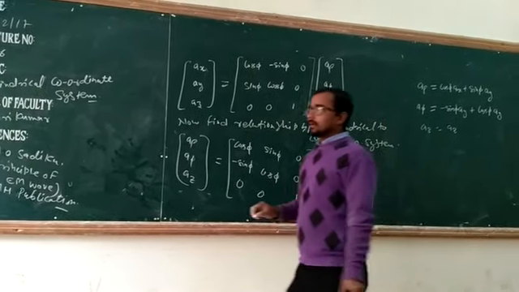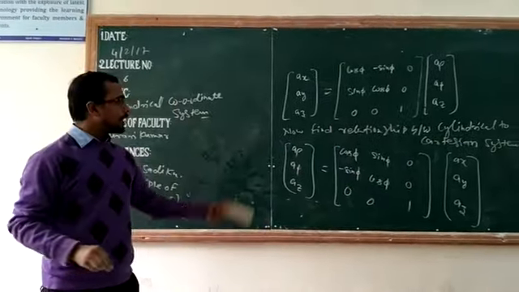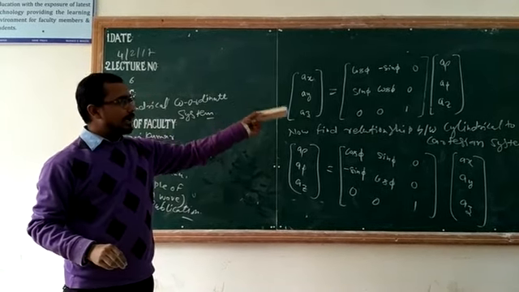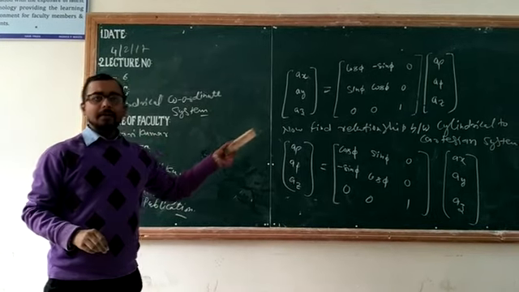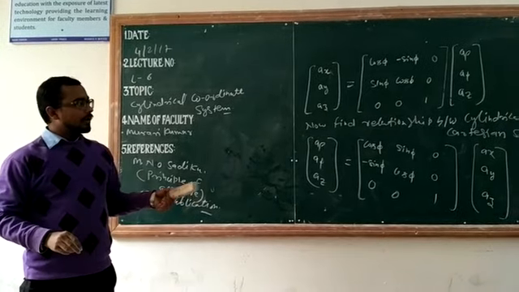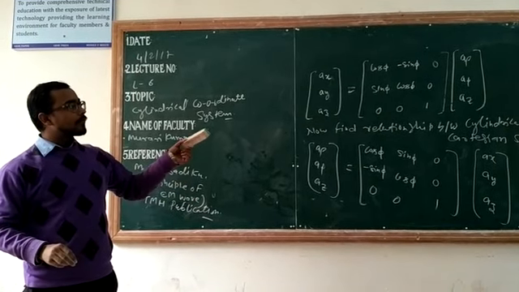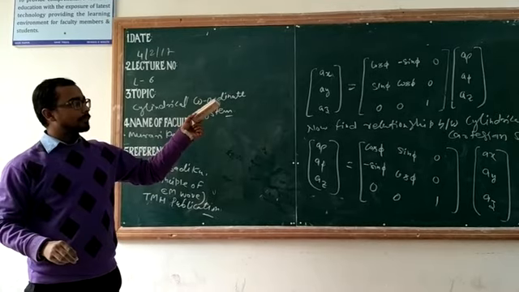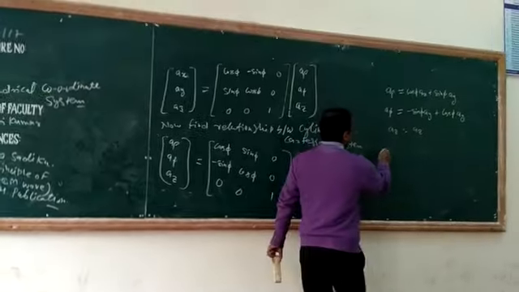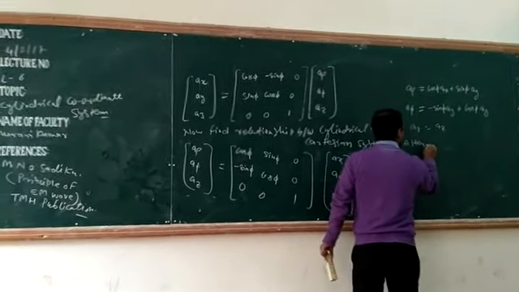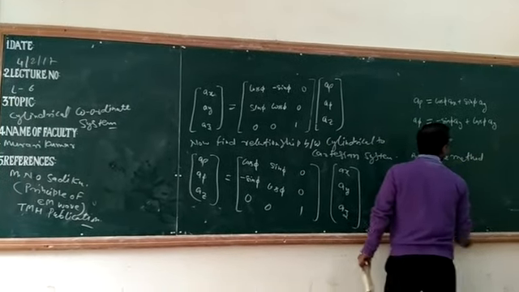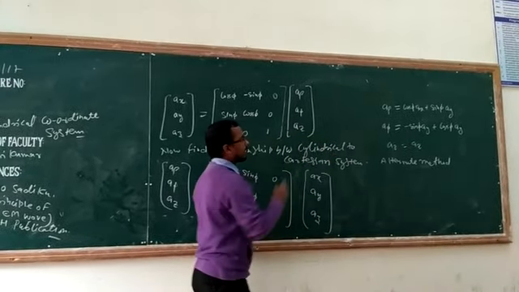The alternate method is also there, by which we find the value of a rho in terms of ax and ay without using this matrix. The alternate method is vector resolution. Now, how do we resolve the vector and find the value of a rho in terms of ax and ay, by which we find the value of ax and ay in terms